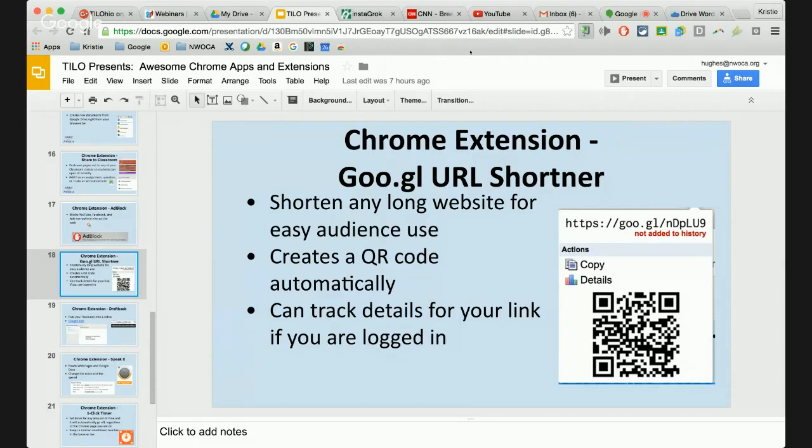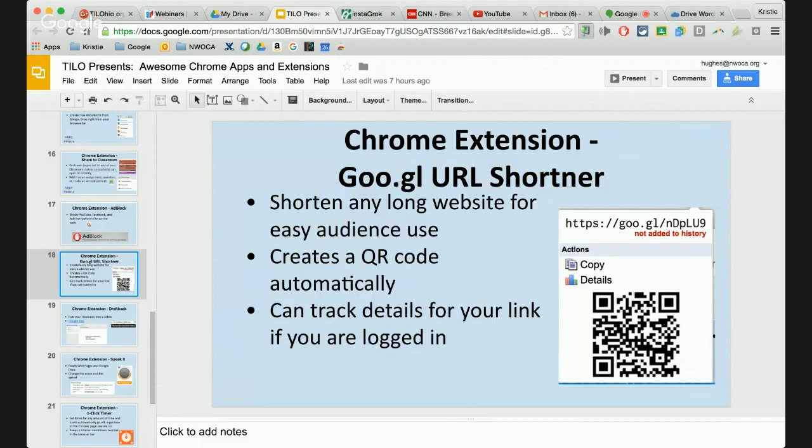If I give this shortened URL to anybody, they can type that in, or copy and paste it into their browser, and they would automatically be redirected to this presentation with this crazy long URL. So this is a really neat one to use.